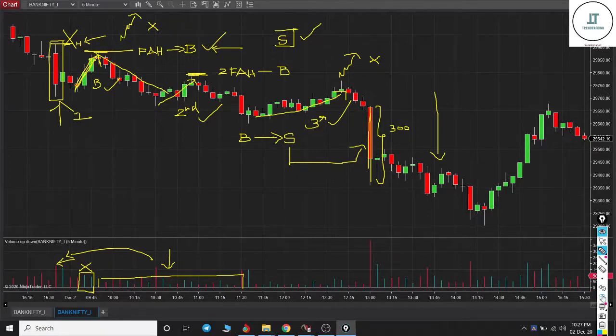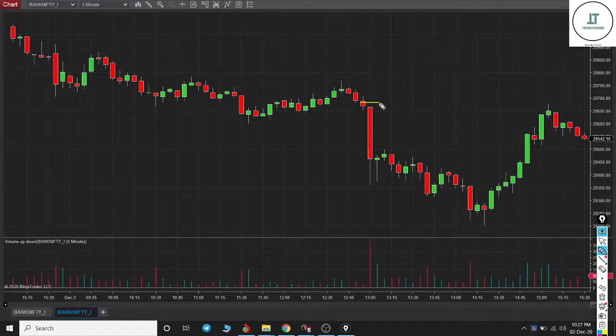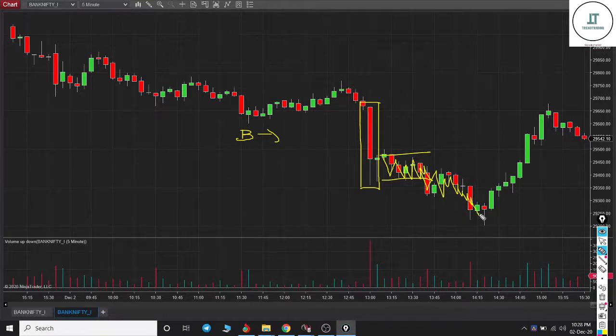Once this one shot big candle pushed the price straight lower and forced all the buyers to book their losses, look at this now. Price started going into a balanced mode, or a sideways mode, and slowly price started moving towards the downside.